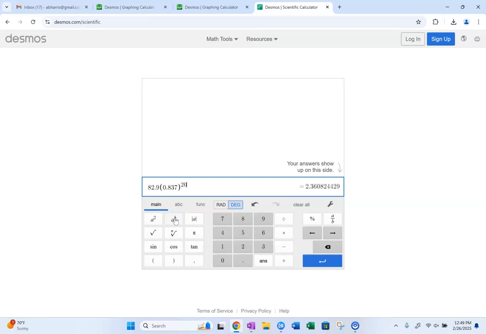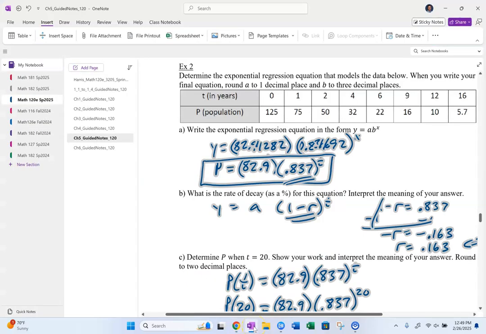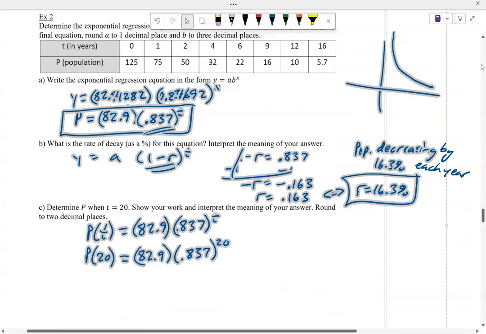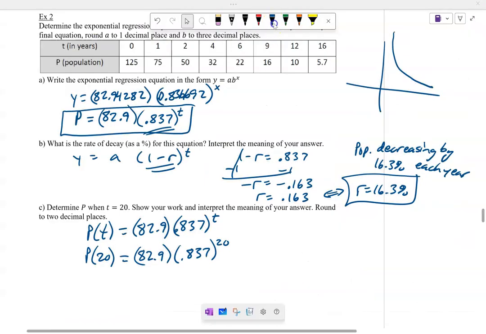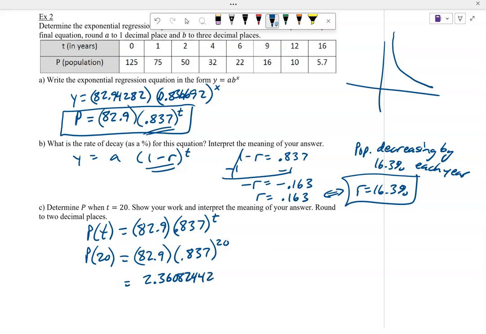And that gives us 2.3608. Push that in here. So 2.36,